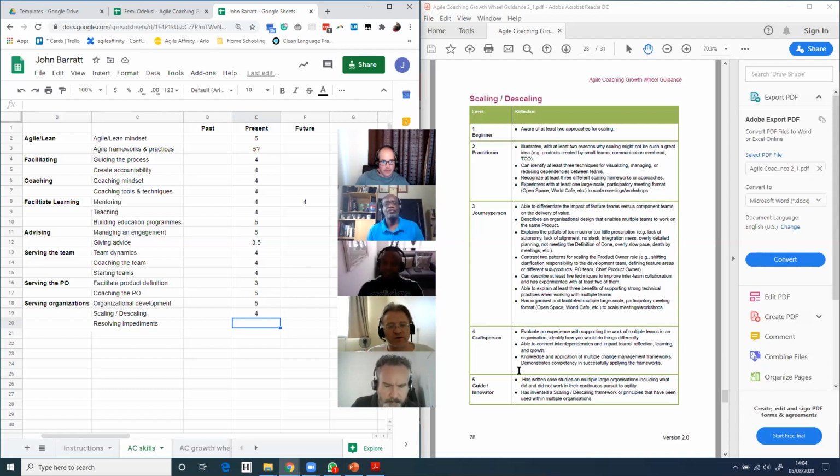So these are principles for the enterprise and agile journey as a whole, and they invented those. Those could come under that section, although that's not specifically scaling or descaling. But it was around how to do this in large organizations. So I think you could fit that into there.